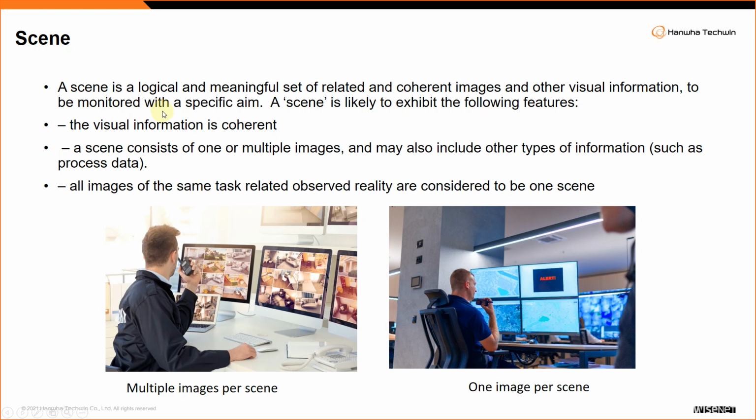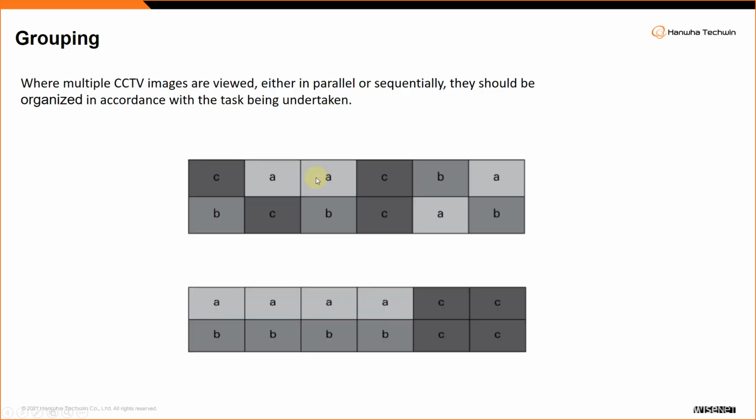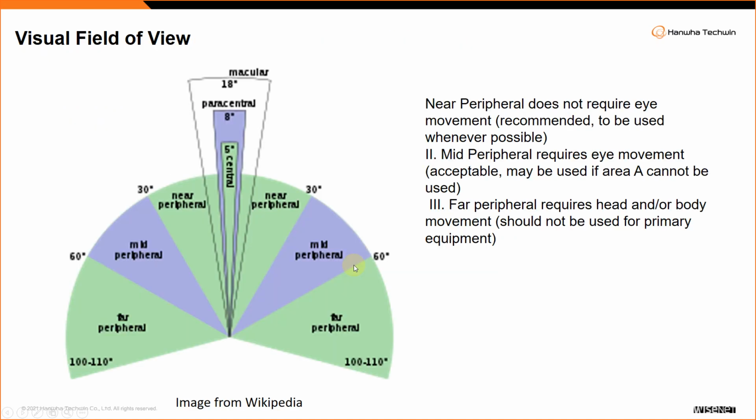Okay, you can read about this. Basically, a scene I already explained. It should be visually coherent. It should be a similar scene, not different scenes, different buildings, different locations. Not to make it complicated. And in the monitor, you should group in an intelligent way: entrance one, then entrance two. It should not be entrance seven, eight like that. It makes it difficult for the operator.